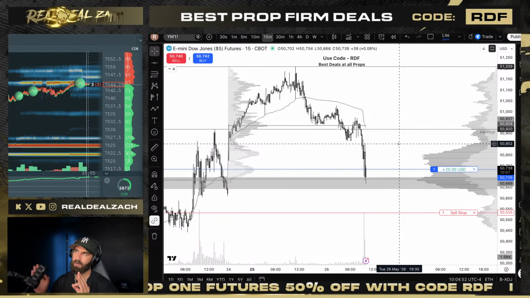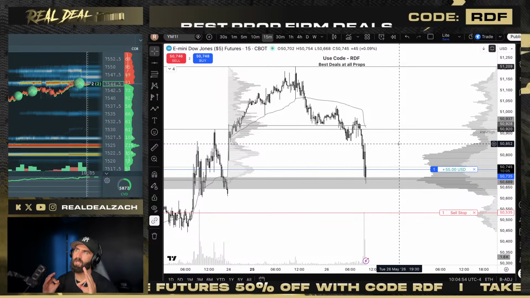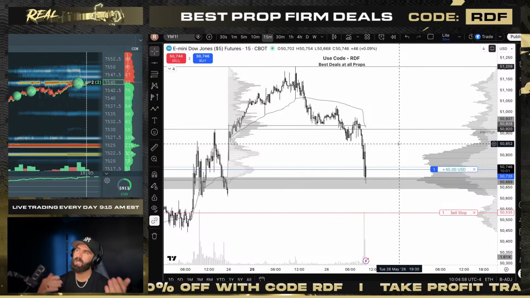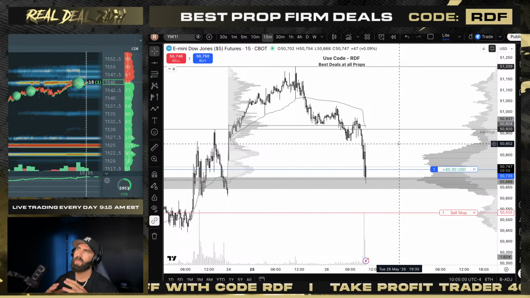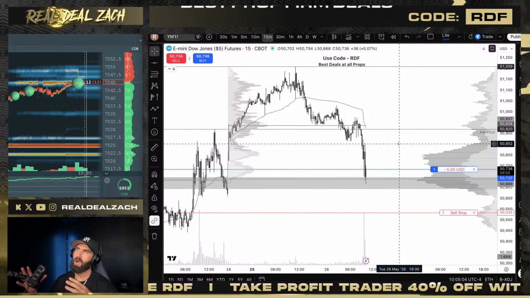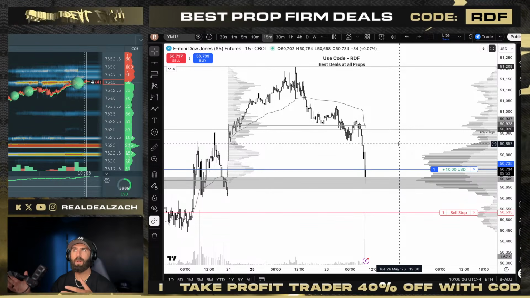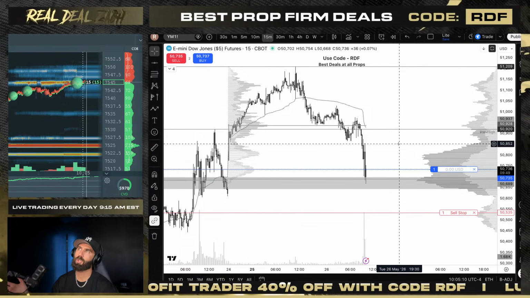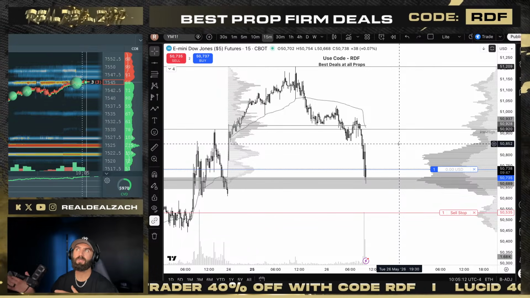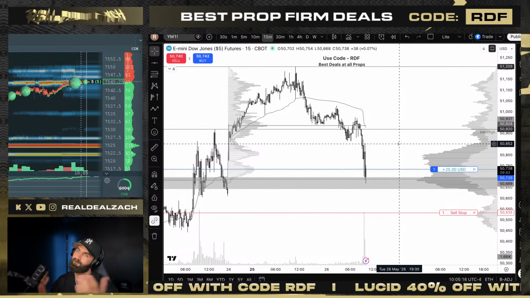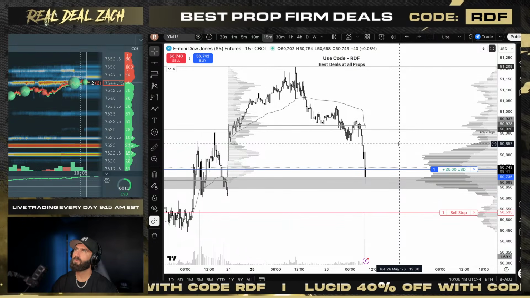There's some outliers, right? Take Profit Trader, I struggled with the most, but I know why that is. Different rules, right? Intraday trailing drawdown, very difficult to deal with. I did really well, especially managing flip days and scalpy style trading on Project X, right? What's the difference? Why is that? Platforms there.